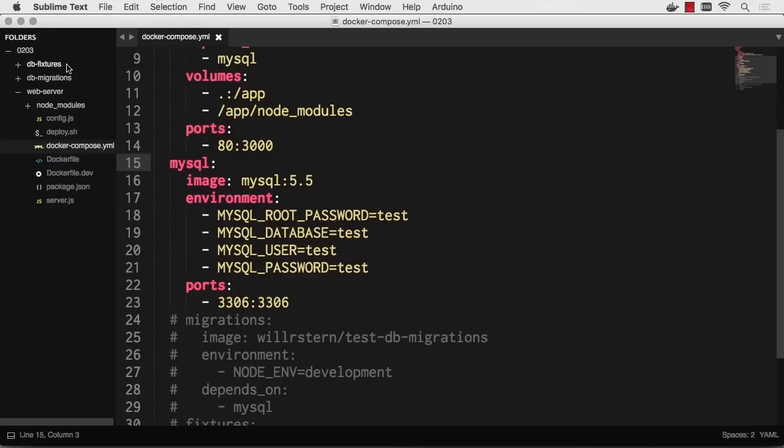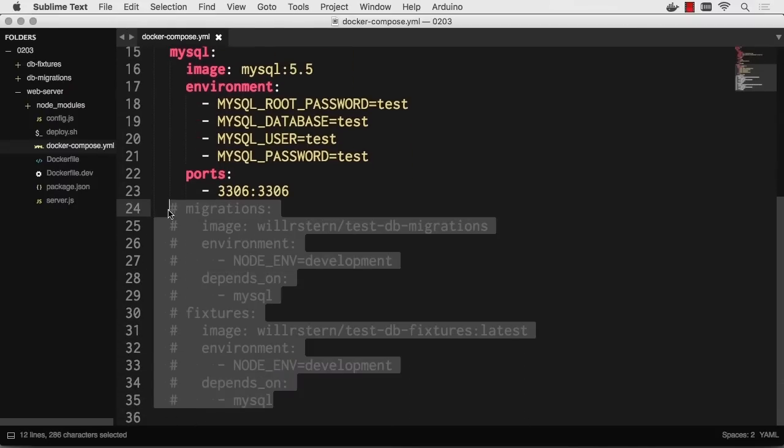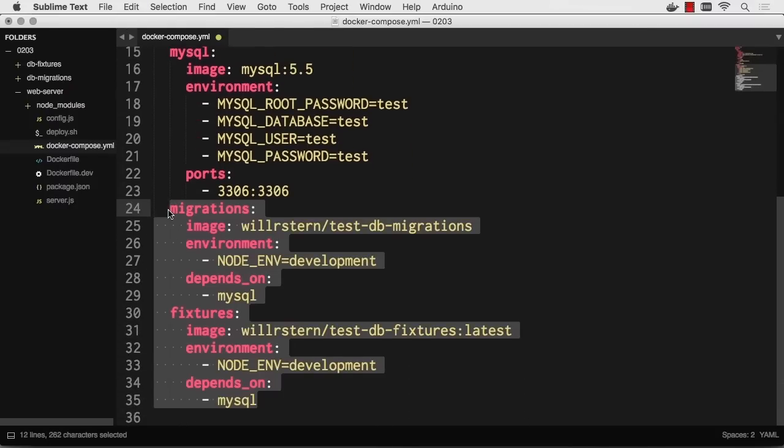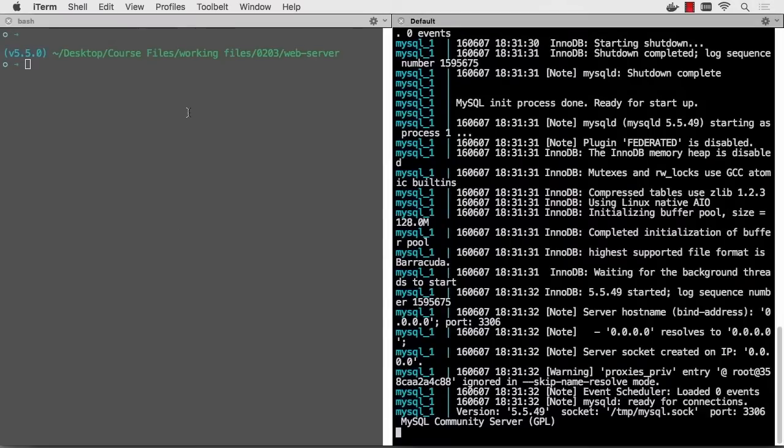So let's go over to our Docker Compose YAML, and we're going to uncomment these that were commented out. I have these 2 commented out because we don't want to run them every time when we're developing our application. They really only need to be run the first time, and then migrations needs to be rerun if we ever change our migrations or our schema setup. So I'm uncommenting these and I'm saving my Docker Compose YAML,